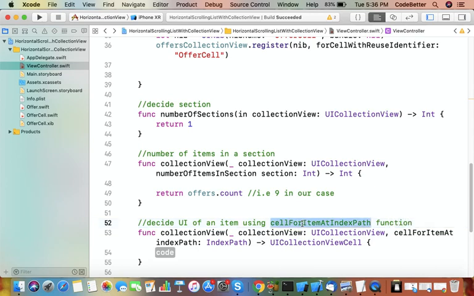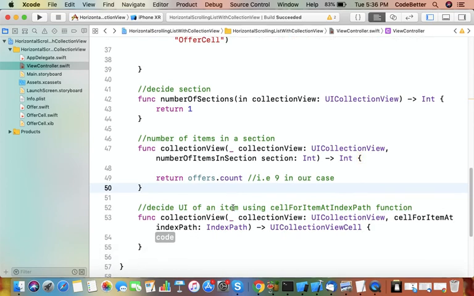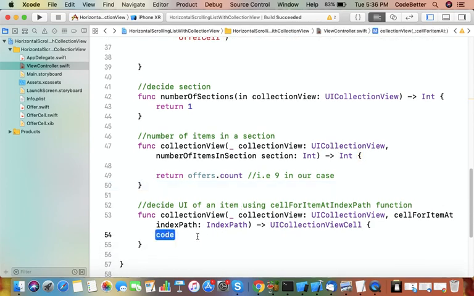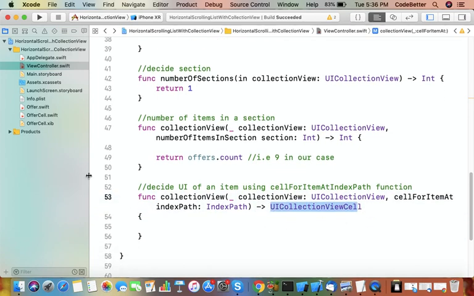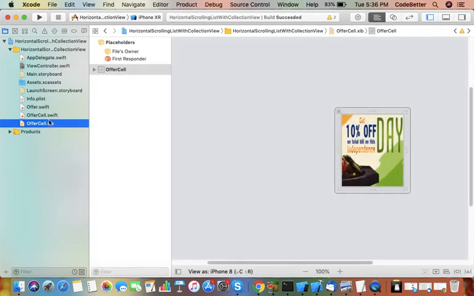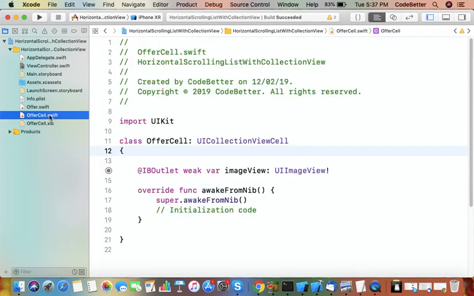You have to override this function, and this function should return an object of UICollectionViewCell. You already know that you have already created an XIB and its class. This class is already a subclass of UICollectionViewCell. So you have to create an object of this class and return it from that function.